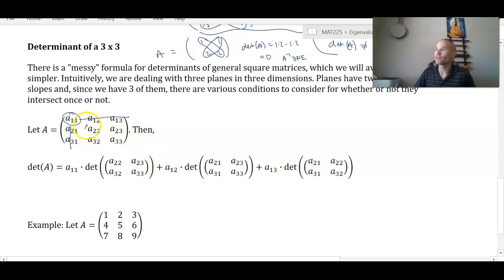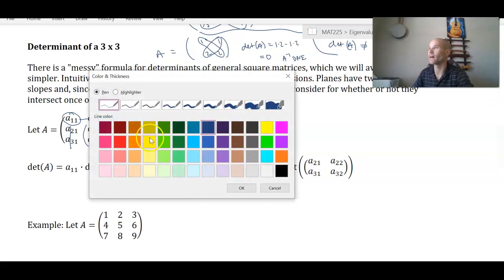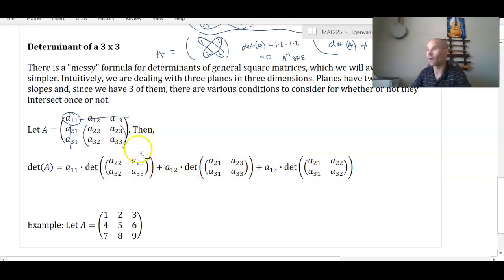Then take the determinant of the values that weren't crossed out. Notice that that's the determinant of A22, A23, A32, A33. So take A11 and multiply it by the determinant of what's left when you cross out the corresponding row and column. Plus,